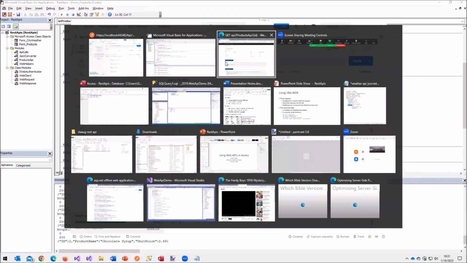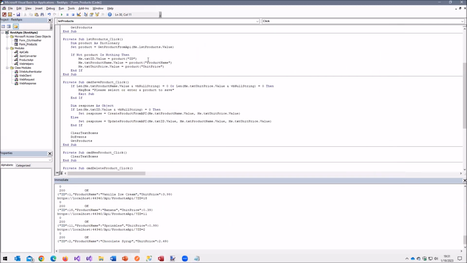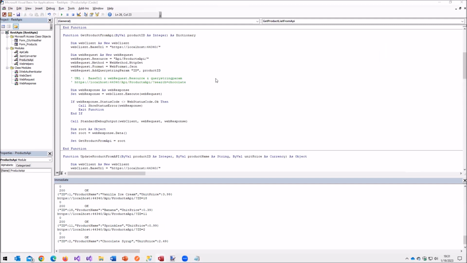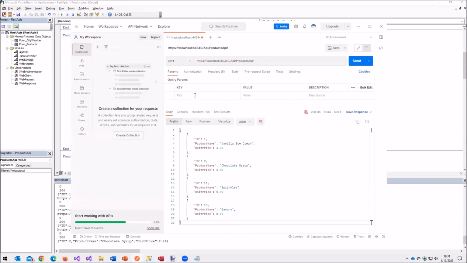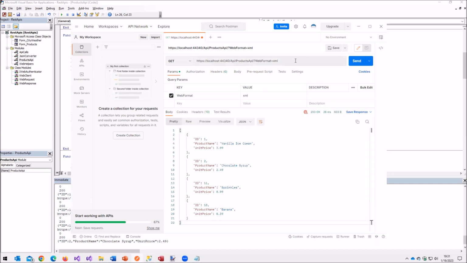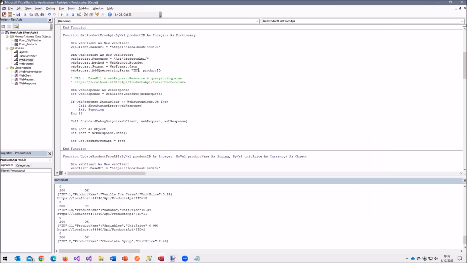Let me go back over to my VBA, and what do they call it here? It's called web format. So I don't even know if that's what it's called, but let's see. This might not be this one. Let's see. Okay, didn't like that. But I would have to look up and figure out what to pass in. But you can, as the client, say, well, let's go here. This is going to break my application, but I think it will. So XML. All right.